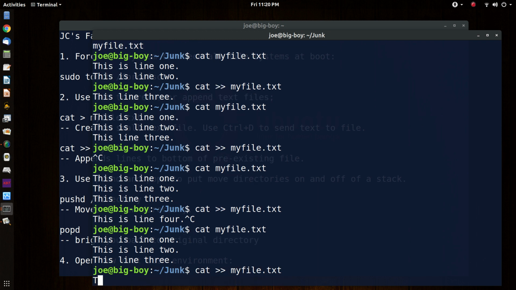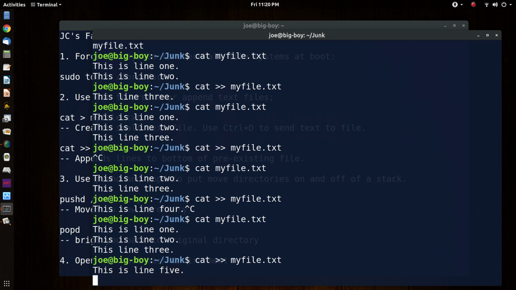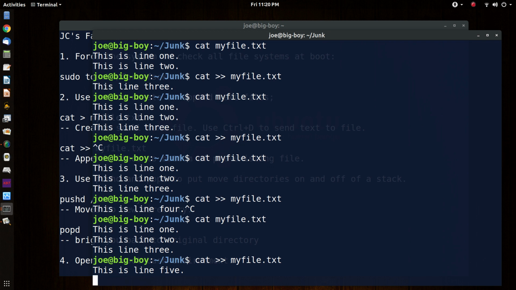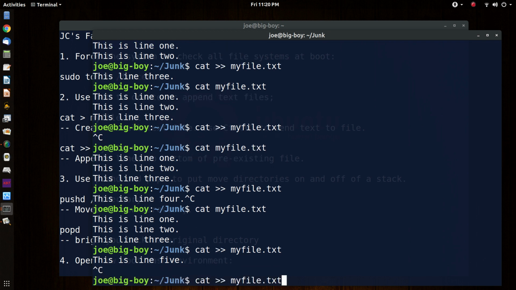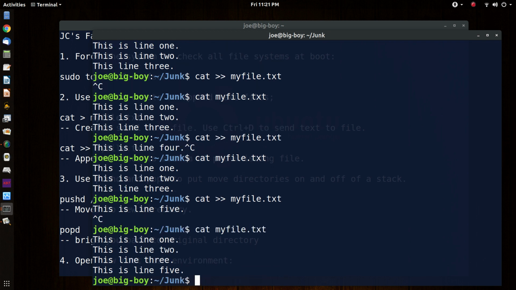Let's see. This is line 4. Oh, just go ahead. We'll put 5 in and see what happens. I think if I hit enter, it will do it. Let's see. Now let's go back and take a look at our file. Yep, that's the deal. So if you press enter, it's still going to modify the file. There's actually no way out of it, which makes it kind of strange because if we, let's say we do